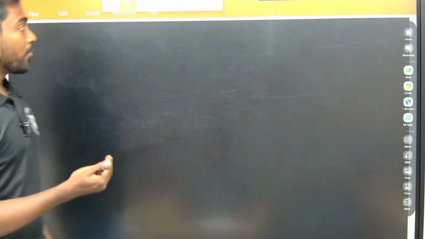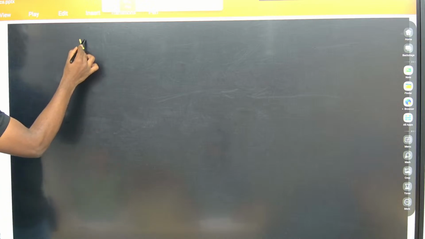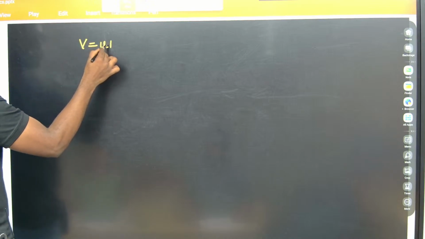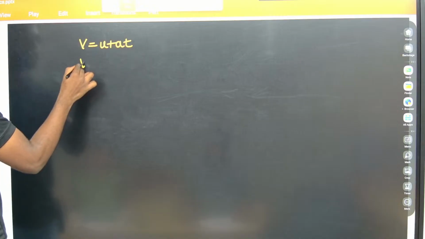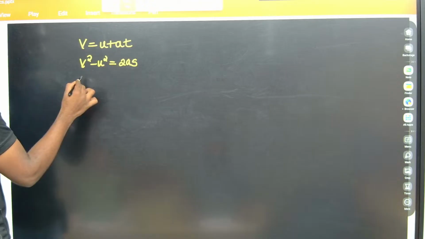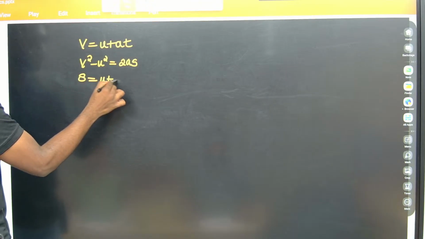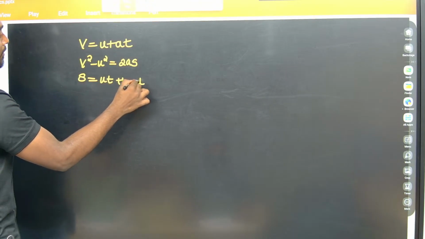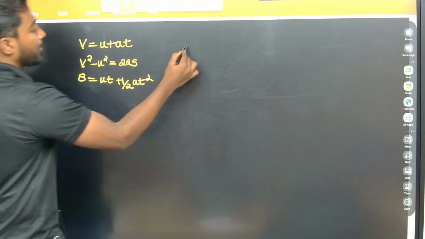Okay. So in kinematic equation we have seen 3 main equations, no? So what are the 3 main equations? v is equal to u plus at, v square minus u square is equal to 2as, and s is equal to ut plus half at square,